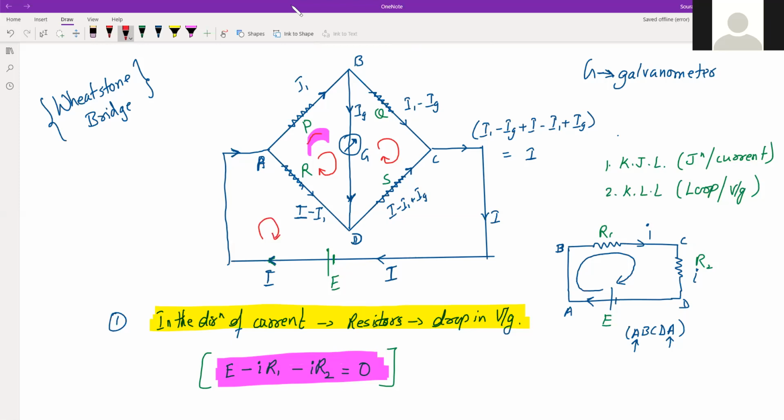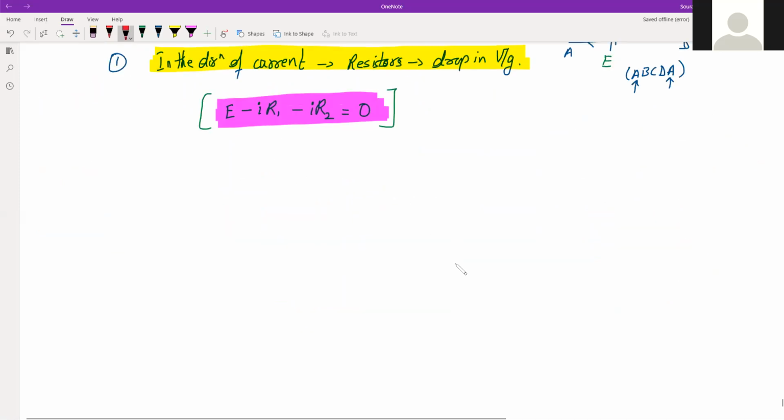My interest is, I think just two will be sufficient for me, that is A, B, D, A, one loop, and the second loop will be, let us start from B, then go to C, then D, and then again B. So as you can see, when I'm writing the loop, don't miss this: the first and the last, that is the start and the end, must be the same. Now based on these, we'll have to apply this rule on the two loops. So let us apply that. So that is the first one.